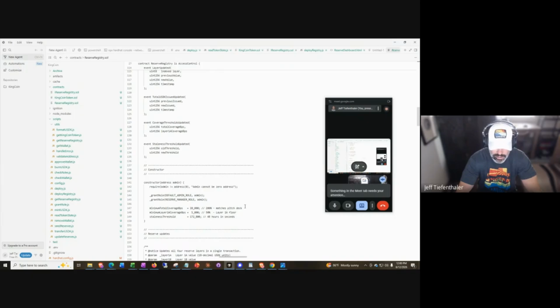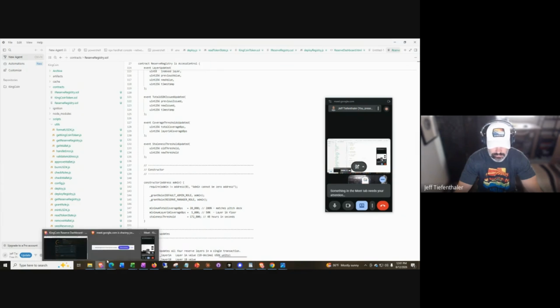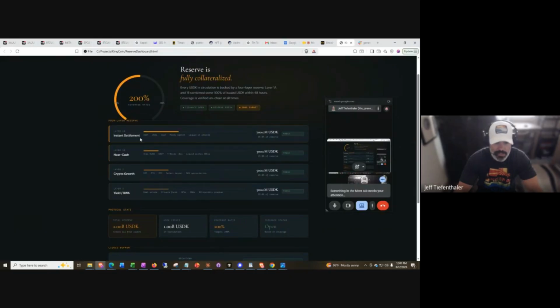We want to over-collateralize USDK coin by 200%, and the minimum threshold for layer 1A coverage is 50%, basically meaning if I go back here to the dashboard, meaning that if layer 1A drops below 500 million, we cannot issue